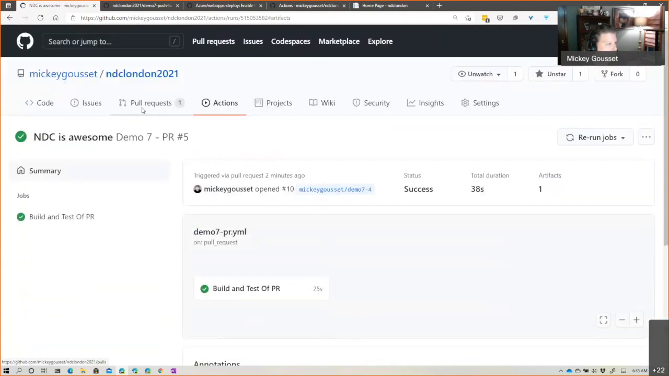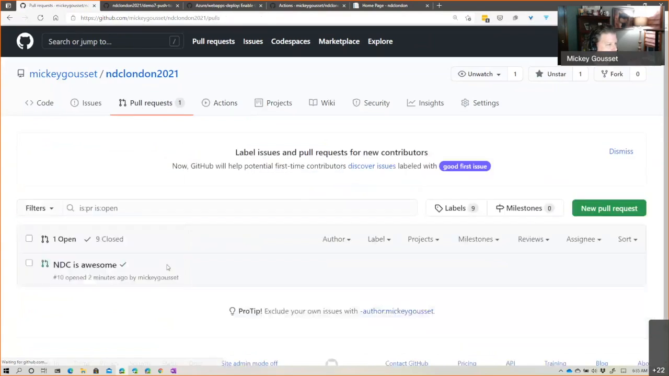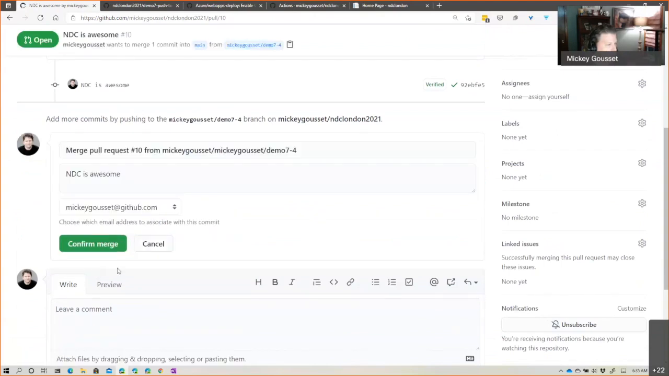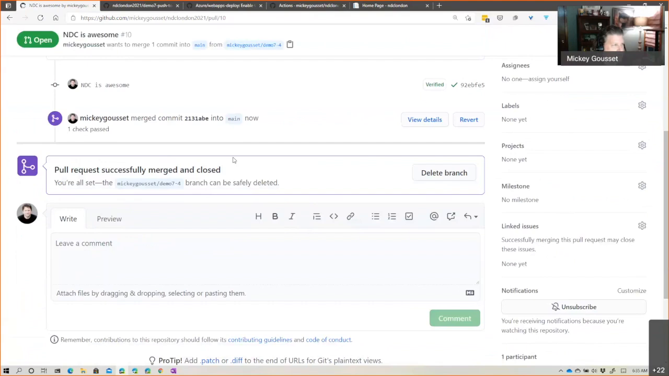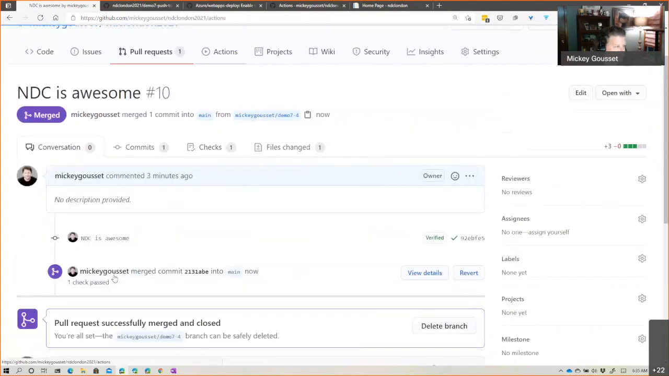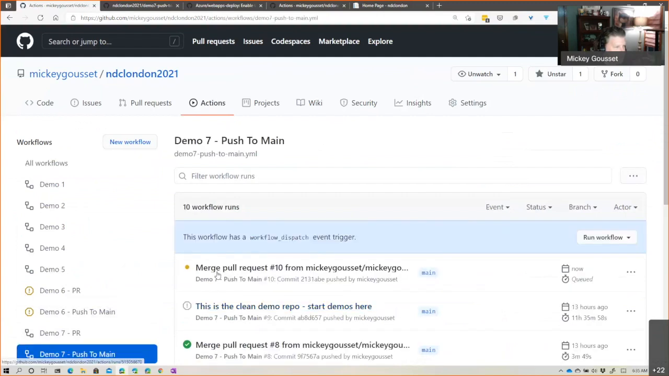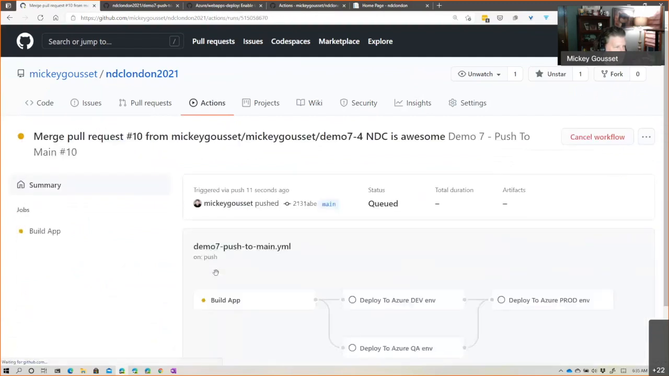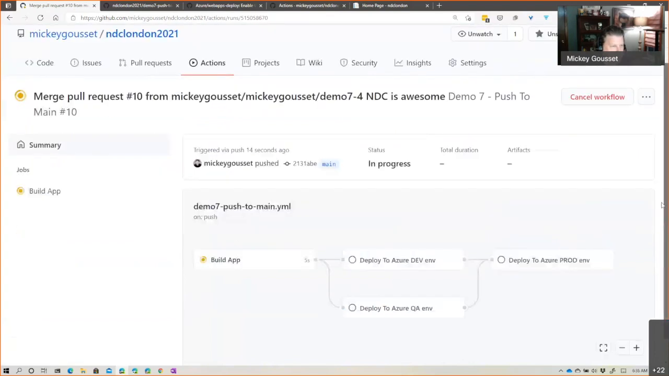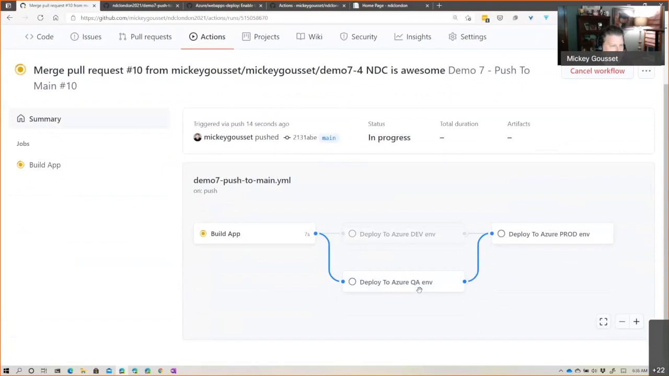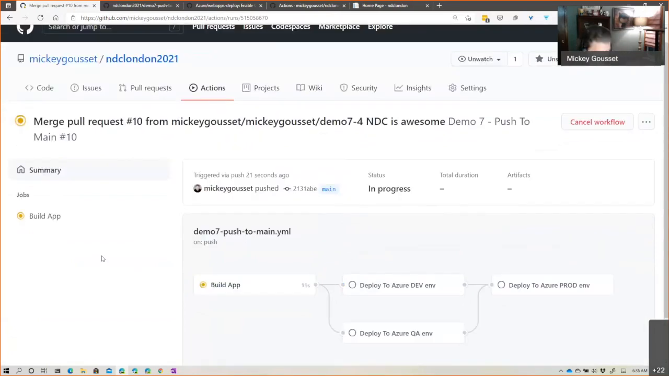Going back to the request, let's merge this pull request. By merging this request, if we go back to actions now and go to push to main, we have that visualization. We can see that it's going to build, deploy to both dev and QA, and then deploy to prod. Now, while that's running,